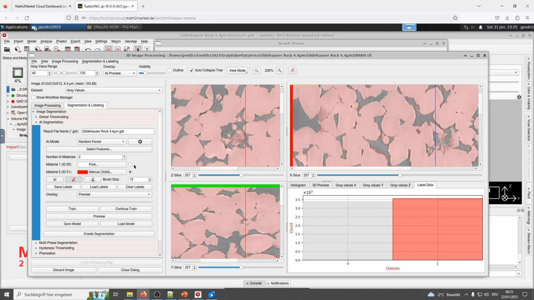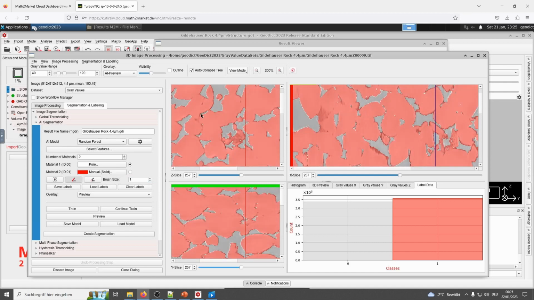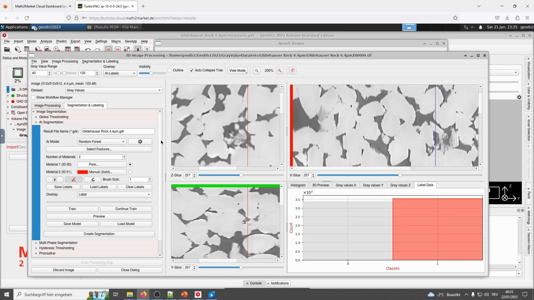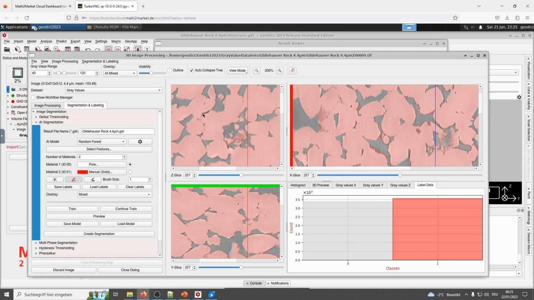Let us select a little bit more pores. And a little more solid as well.